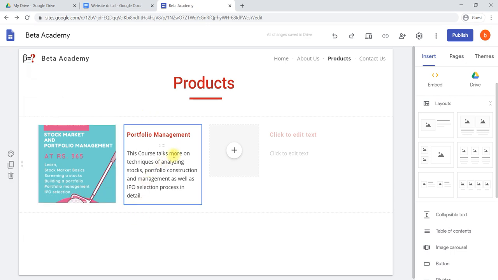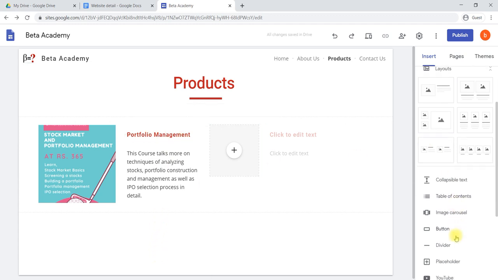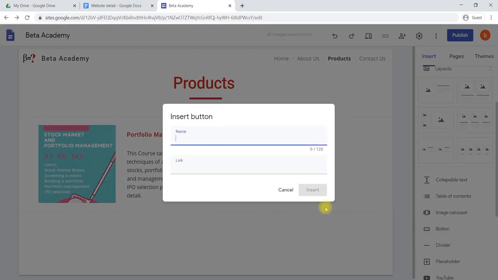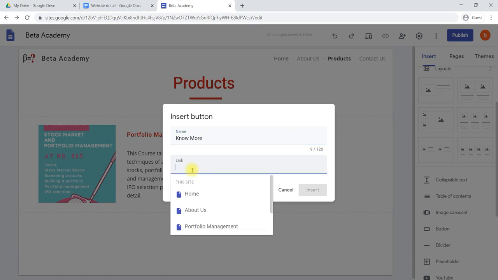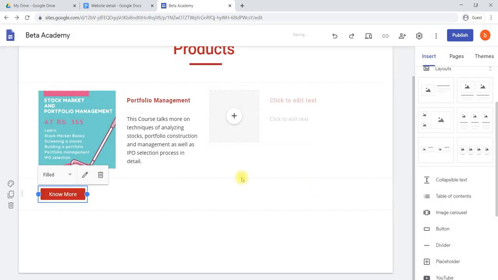Similarly for this section, for any of the text also you can do that. Or else, one more thing we can do is insert a button here. We'll insert a button, with the name of the button like Know More. Then link it to that particular page, the product management page, and insert.